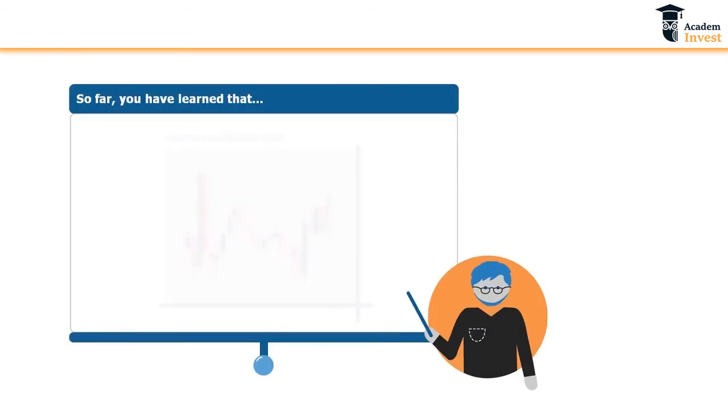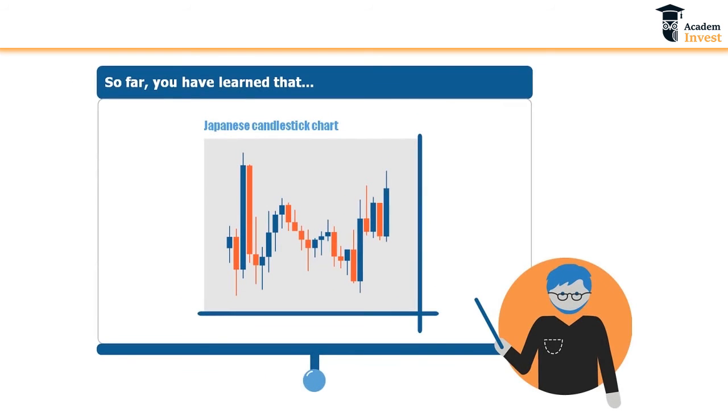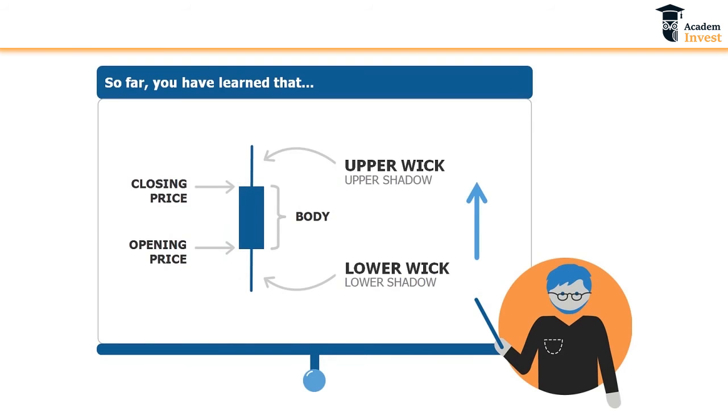This concludes the introduction into Japanese candlesticks. So far, you have learned that the Japanese candlesticks chart is the most common chart that traders use. Japanese candlesticks have a certain time they form in, called a time frame. When this period is over, a new candlestick starts to form. That each candlestick tells you the open,